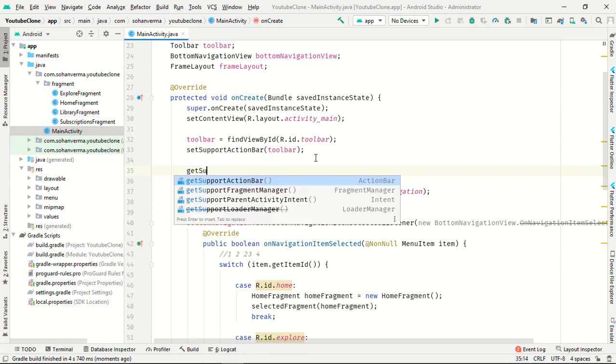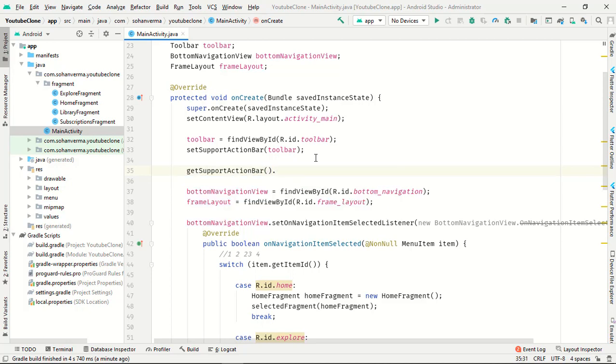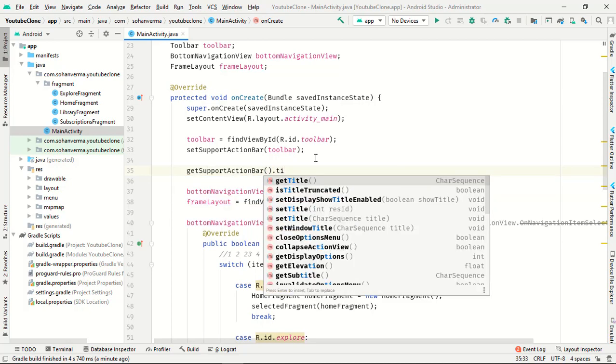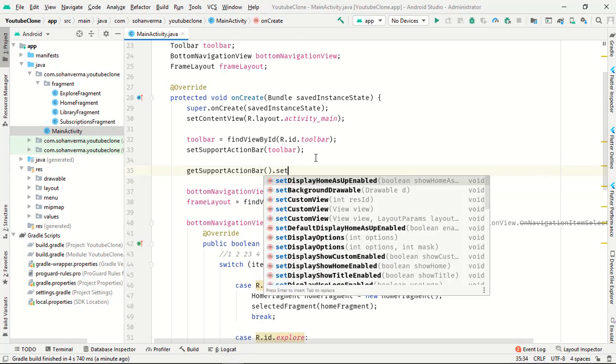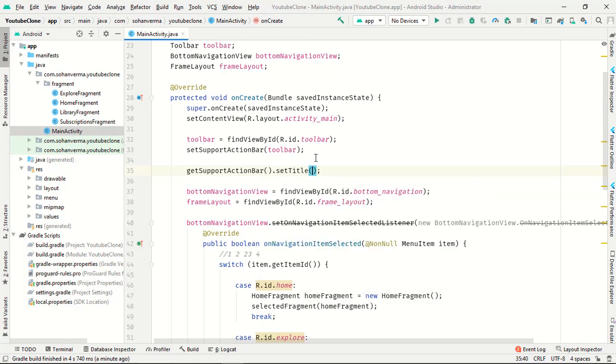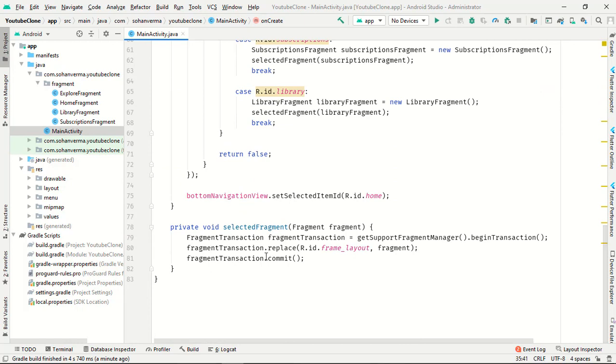support action bar dot set title, and the title we will just leave as a string. Okay, and just go down and